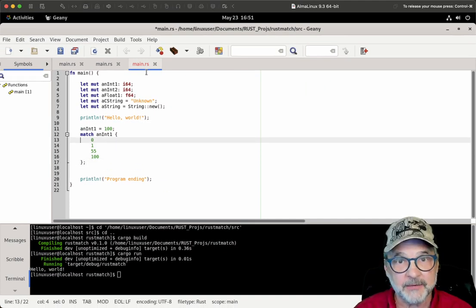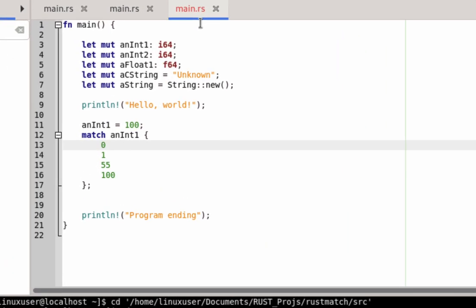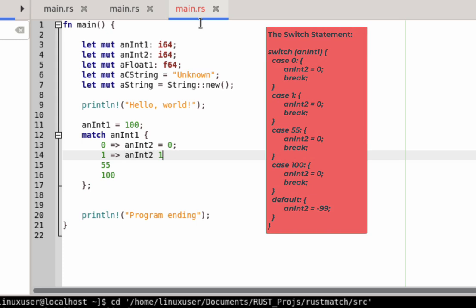Now we're nowhere near ready to build this yet. There are some special characters. So if int1 matches 0, that's the equal sign with a greater than sign, I want to just do something. I'm going to say int2 equals 0. If it matches a 1, I'm going to say int2 equals 1. I'm just doing something. I could do anything. I could even do a block, which we'll do later. I'm going to say int2 equals 55. If it's equal to 100, I'm going to say int2 equals 100. Again,